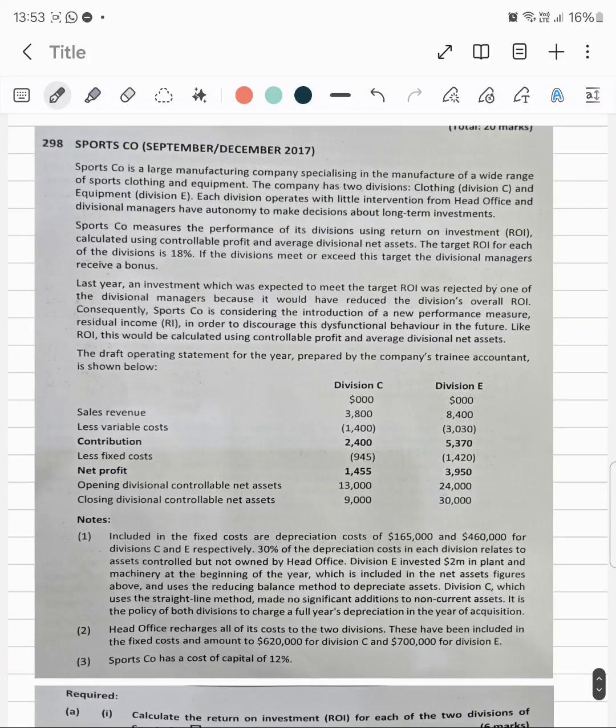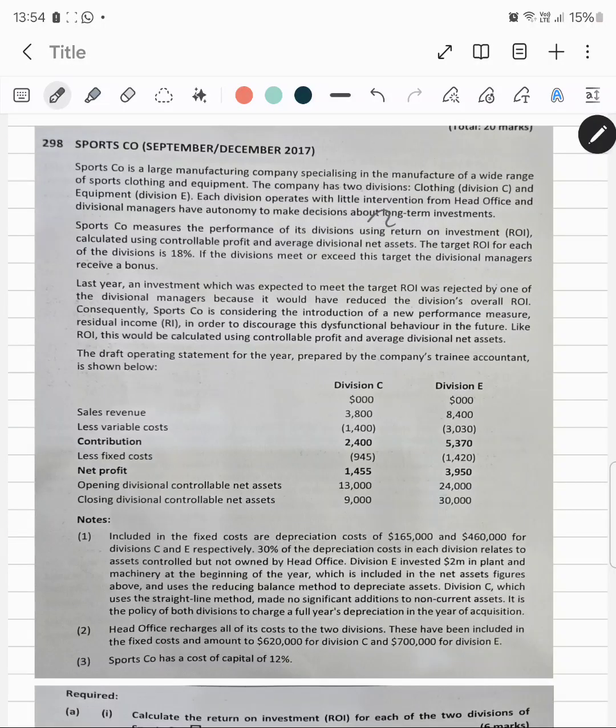Sports company is a large manufacturing company specializing in the manufacture of a wide range of sports clothing and equipment. The company has two divisions, clothing and equipment. Each division operates with little intervention from head office, and divisional managers have autonomy to make decisions about long-term investments. Sports company measures the performance of its division using return on investment calculated using controllable profits